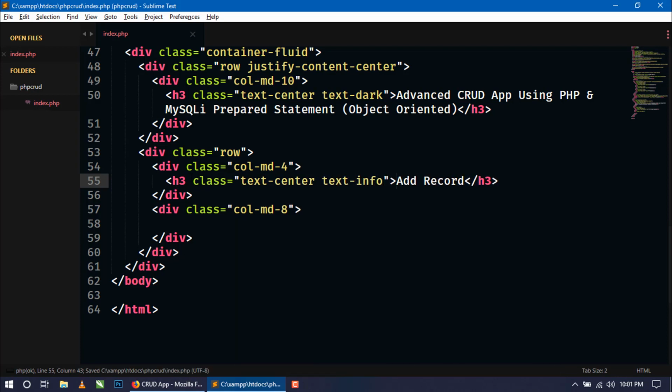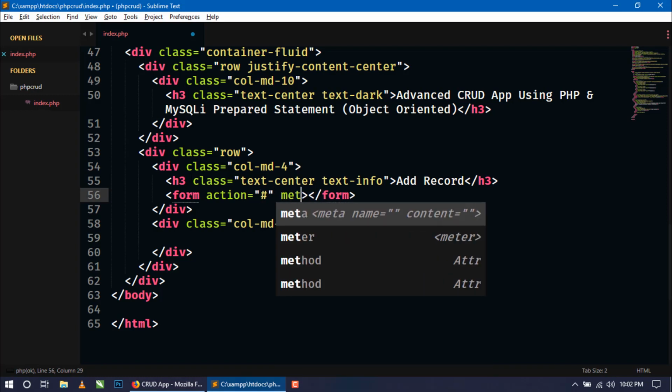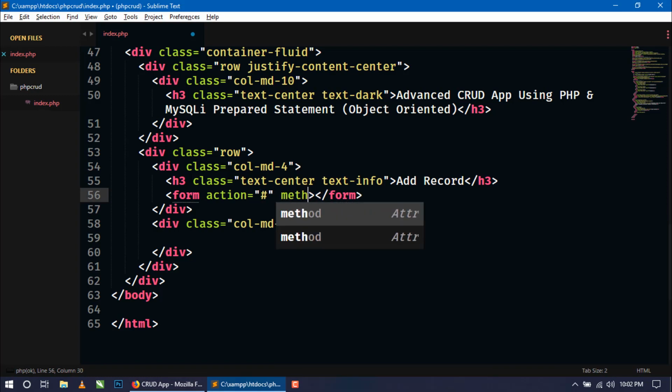Okay, for the text color, and inside this we will create our form. So here we will use form tag, and in action we will just use this, and method will be post,